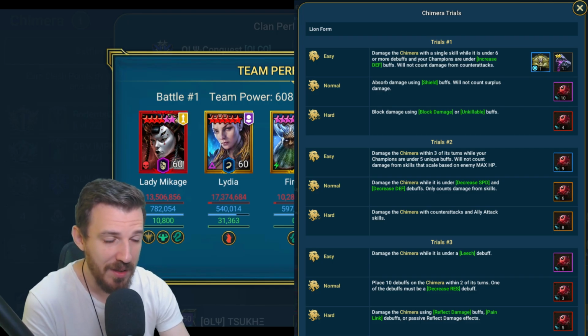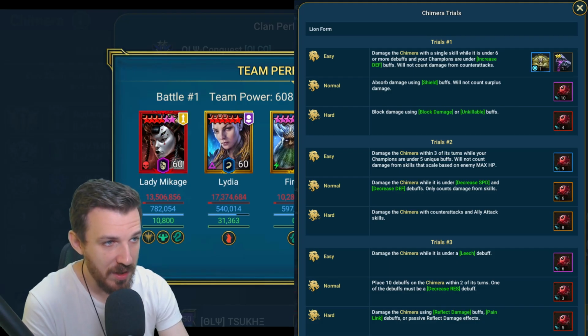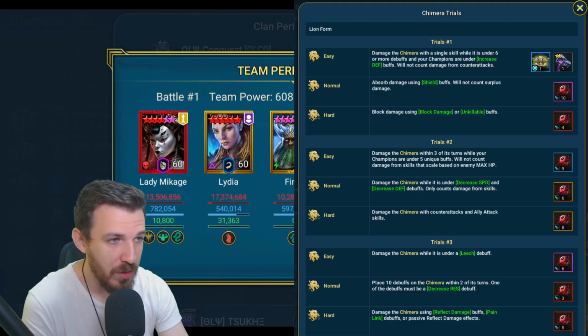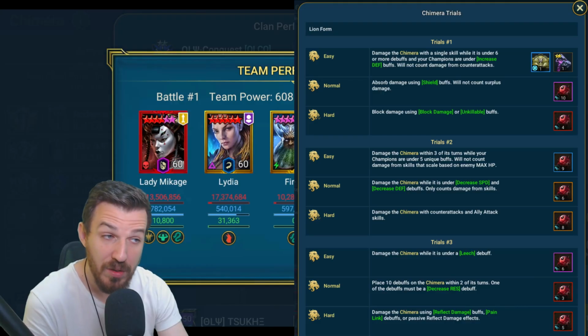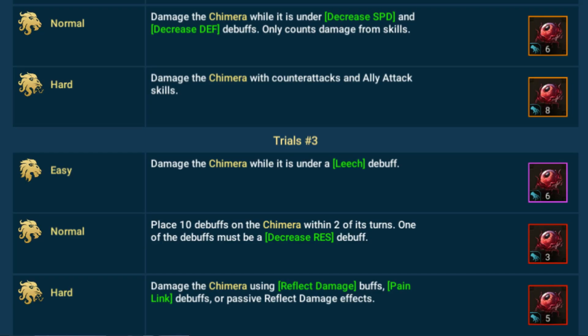Now, there are not a lot of champions that can do that, and the good ones that can do this are either mythicals or a unity champion. So, Alaz, Fina, right? So, there are different ones that can do this too. Theodosia has also unkillable, but this is really hard to get, especially when you try to complete trials number 3 as well, where you have to get leech, decrease resistance, and then reflect damage with reflect damage buffs, passives,